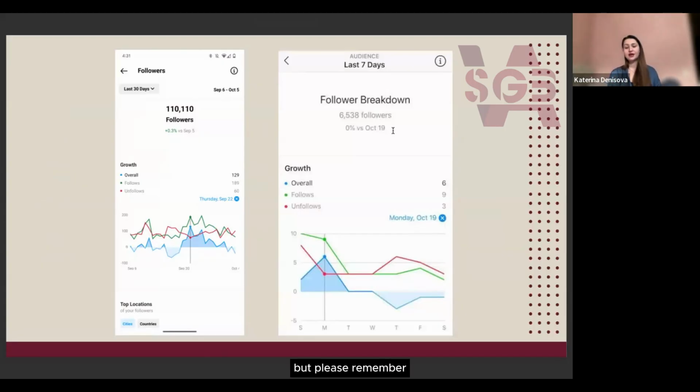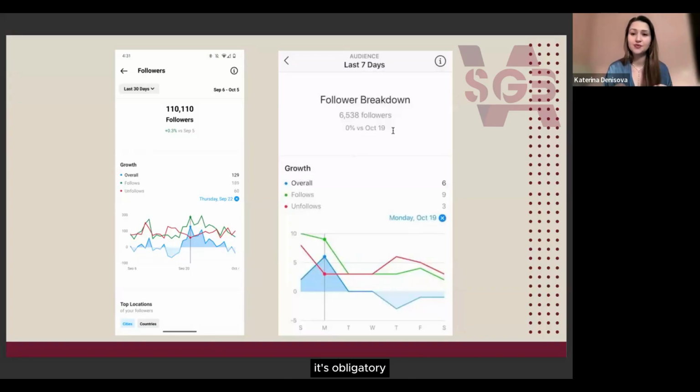But please remember, when you only create content without promotion, without bloggers talking about your accounts, without good quality reels, without using good quality hashtags, without geotags, it's not likely that you will get any growth of your followers. Just creating content is not enough.